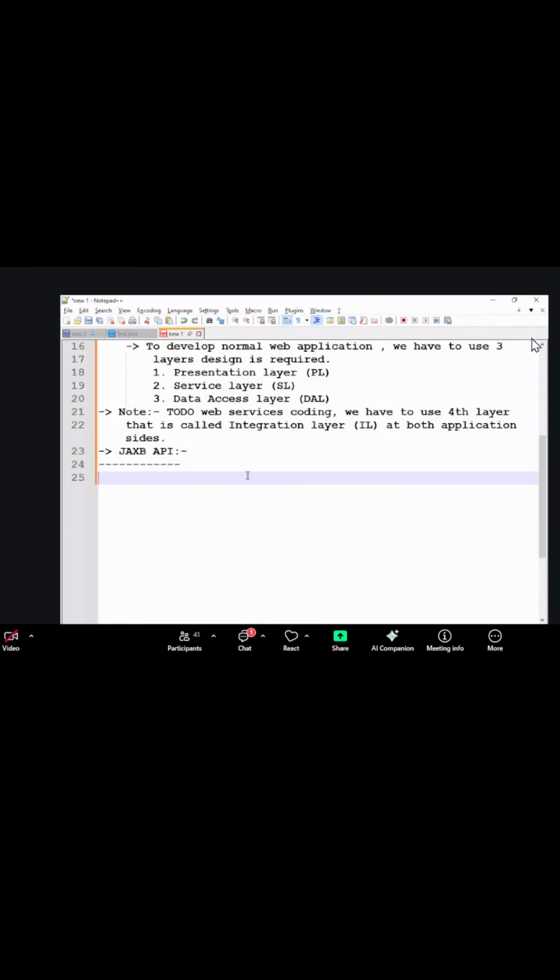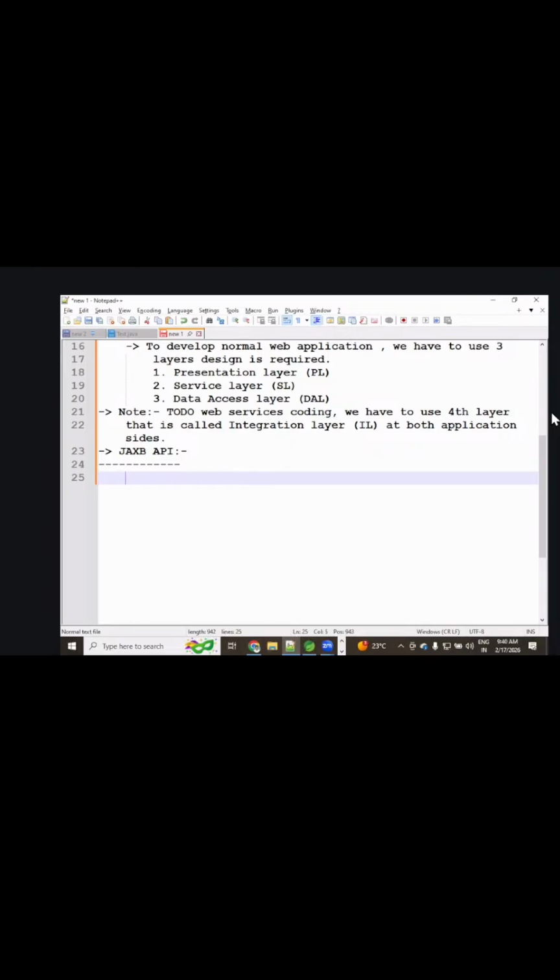If you require it, we have to use this JAXB API in our application. That JAXB API was given by Sun Microsystems, or Oracle.